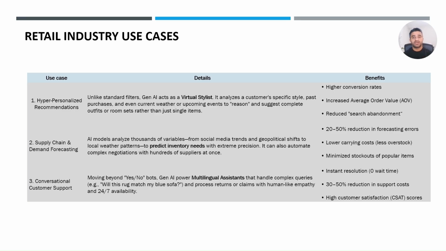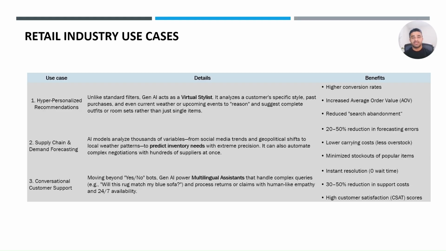First, let us talk about product recommendations. We have all seen those standard messages like "you might also like." But generative AI takes this to a whole new level. Instead of just looking at what you bought yesterday, it acts like a virtual stylist. It can look at your personal style, the current season, even your upcoming travel plans to suggest an entire look. For retailers, this means shoppers are not just clicking, they are actually finding things they love, which leads to much higher conversion rates and fewer returns.